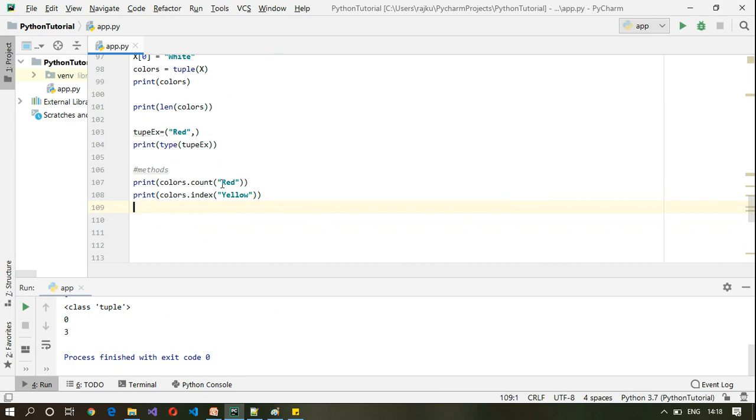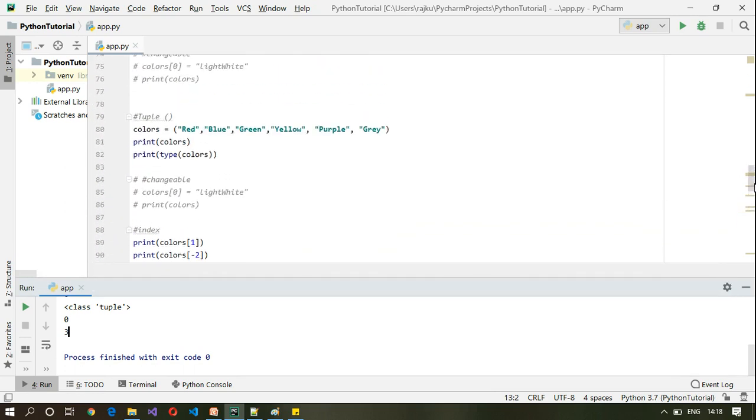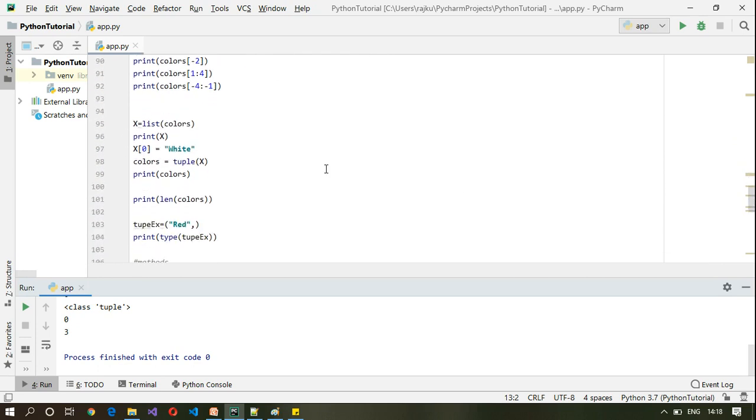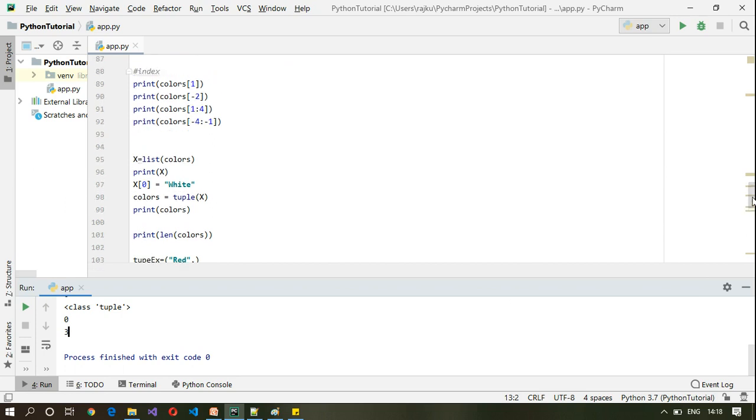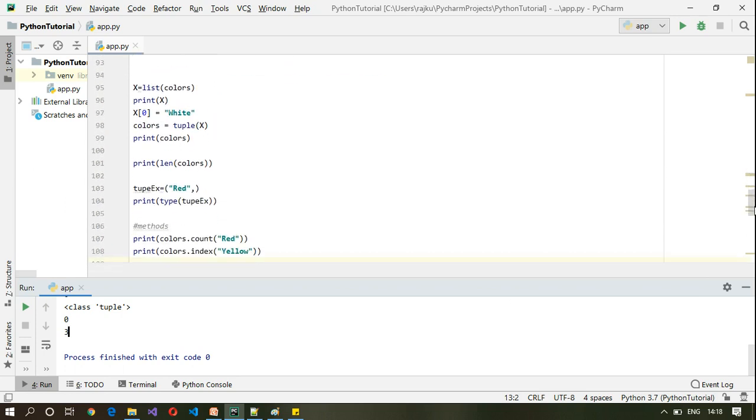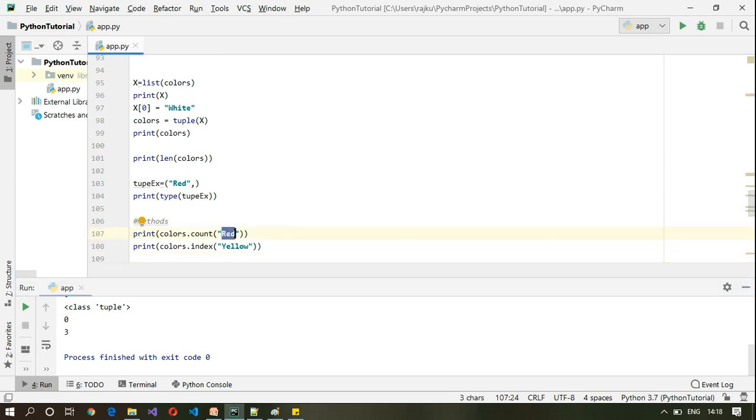Yellow is at index 3, however the count of red is 0. Let's see why. That is because we changed the color to white here. So instead of red, let me take blue. Remember, we changed from red to white here, so that is what the latest colors contain.